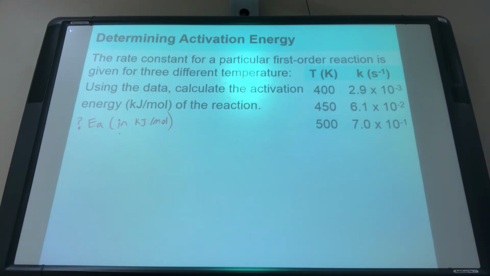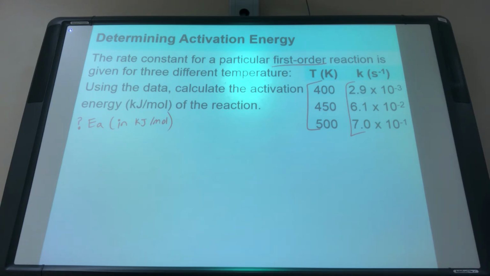Okay. Then we want to know, if that's what I'm looking for, what did they give me? They told me it was first order, and they gave me 3 different temperatures and 3 different Ks. So I got a bunch of Ks and Ts, and I'm looking for activation energy. Right now there's only 2 ways that I can find activation energy. I can find it from a graph and its slope, or I can find it, I